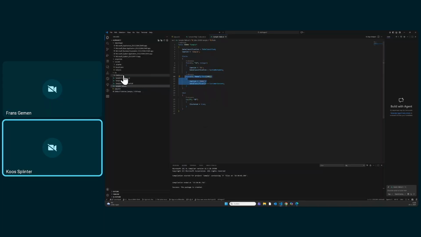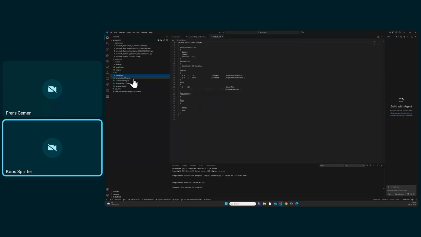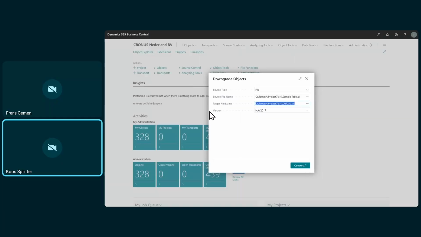again, I put it in the same folder here so we can have a look at it automatically. But this is the good old CAL version of this very same file that I produced in AL. So that's one step. And why are we doing this? Well, as I said before, it can be very useful to downgrade code because you have old installations here and there. But the other reason why I did this is that I want to show you the upgrade, because I